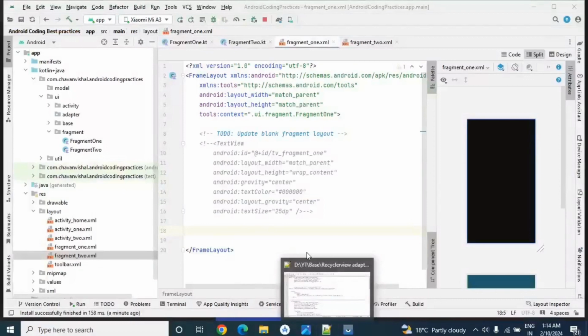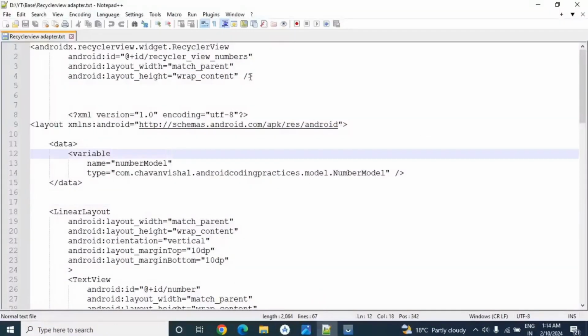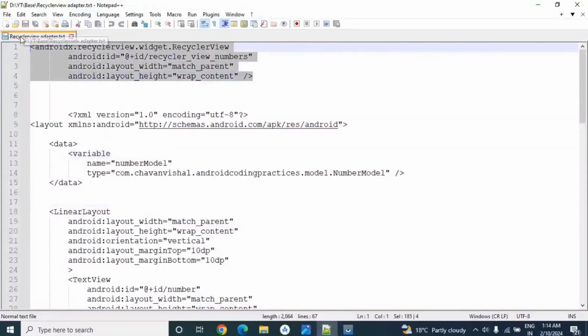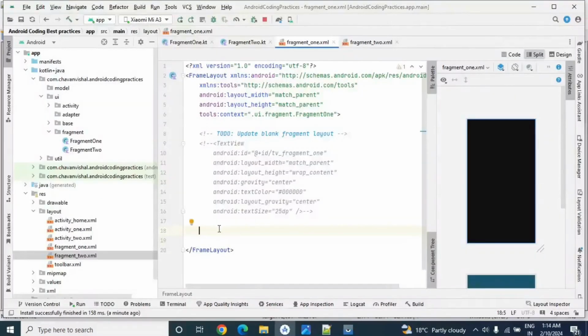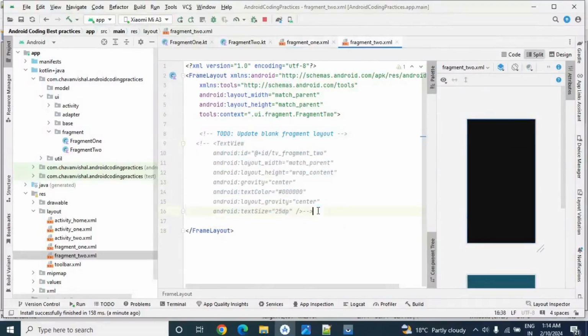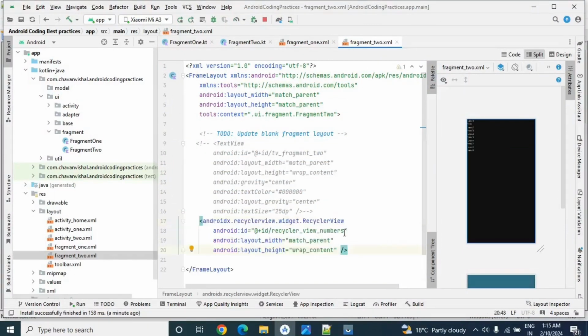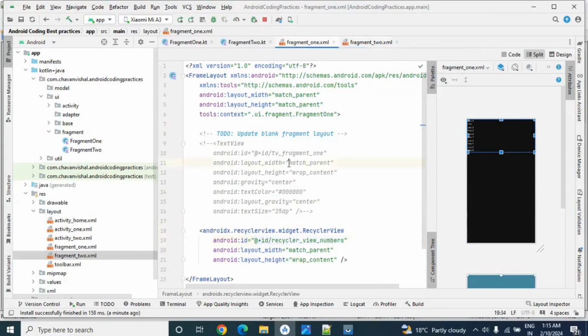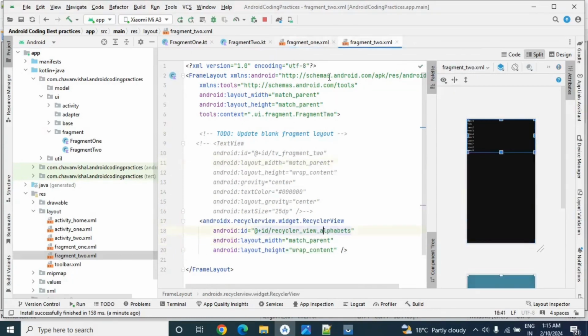Let me copy paste the code from my notepad++ file. So this is the recycler view, copy. So here I will add recycler view numbers. Okay, same recycler view we will add in our fragment 2 also. So recycler view alphabets. Okay, now we have added our two recycler view. First recycler view we have added in our fragment 1 and second one is in fragment 2.